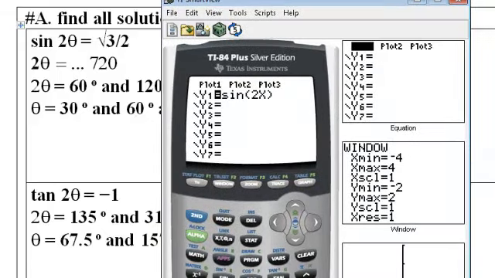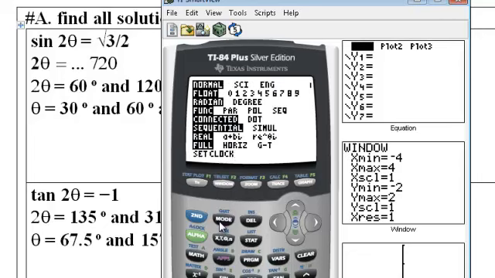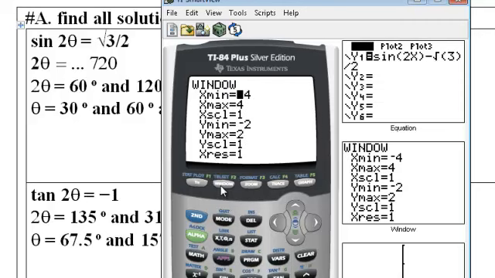So let's see what actually happens. So I'm going to subtract the minus square root of 3 over 2. There you go. I'm going to go to mode to check if I'm actually in degrees, which I'm not. So I'm going to go over here to degrees. Then I'm going to go over to window, and I'm going to go from 0 to 360 degrees, because that's what the